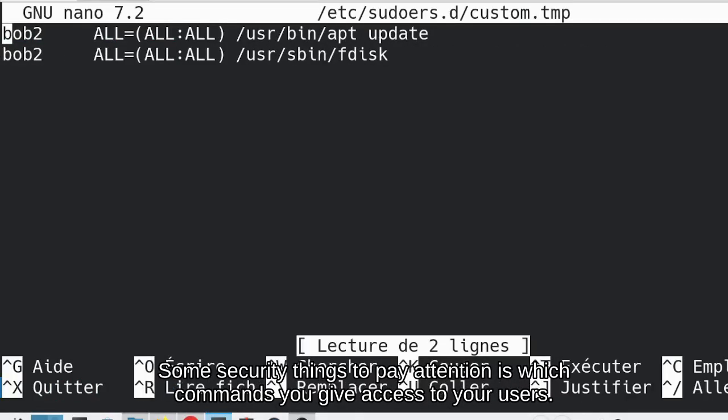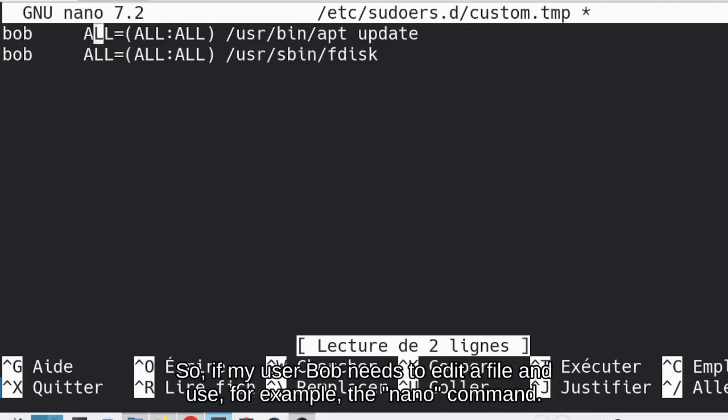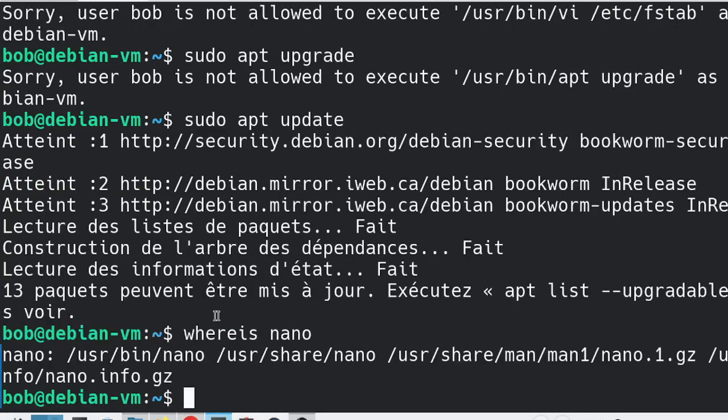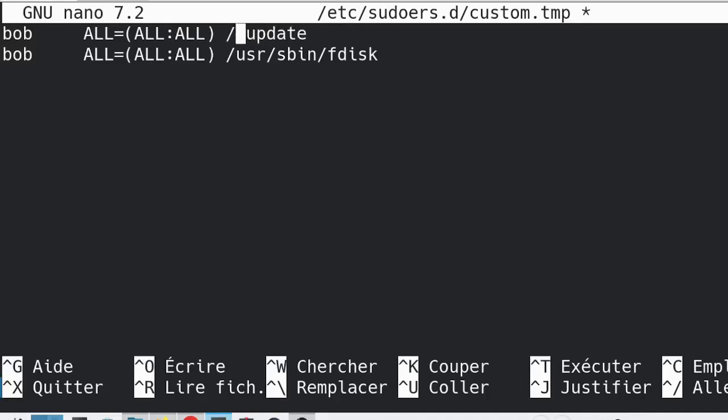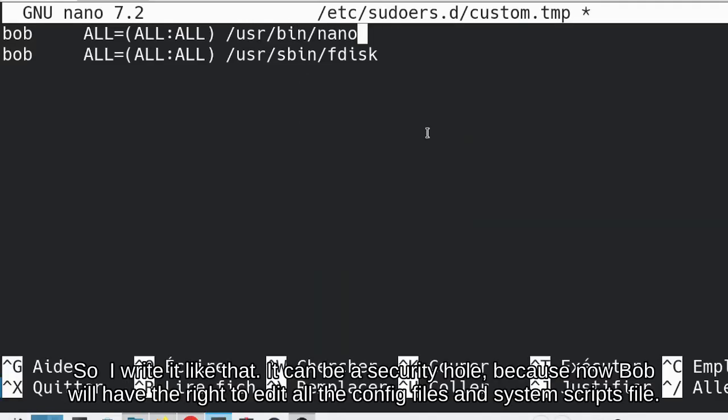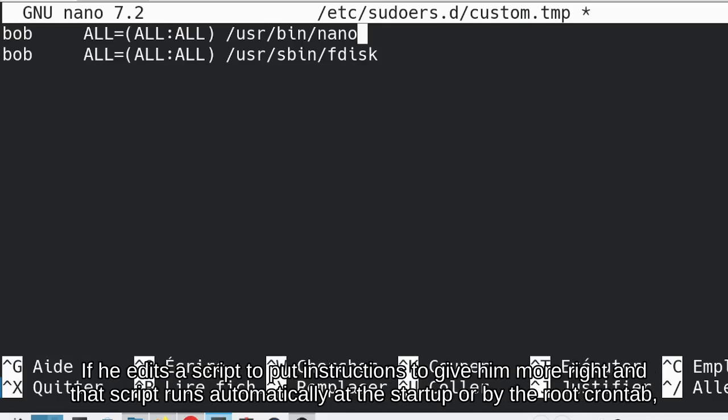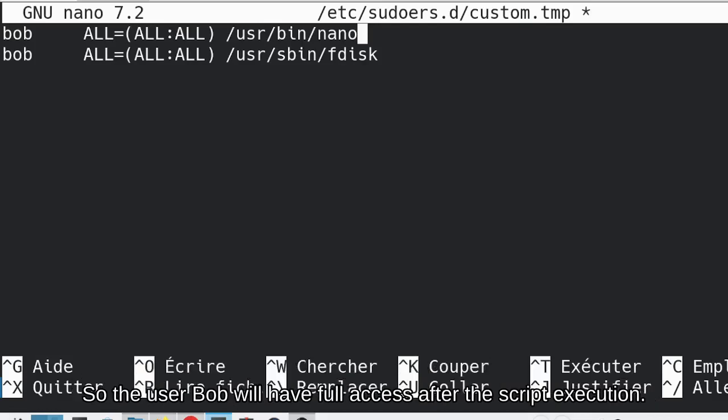Some security things to pay attention to is which command you give access to your user. So if my user Bob needs to edit a file and use, for example, the nano command, so if I write it like that, it can be a security hole because now Bob will have the right to edit all the command files and system script files. If he edits a script to put instructions to give him more access, more rights, and that script runs automatically at the startup of the machine or by the root crontab, the user Bob will have full access